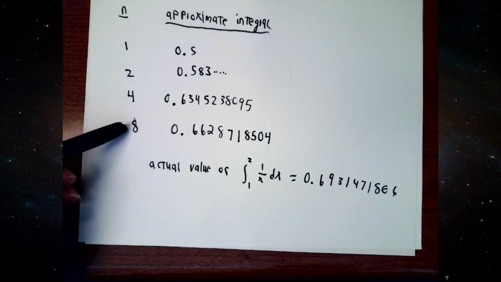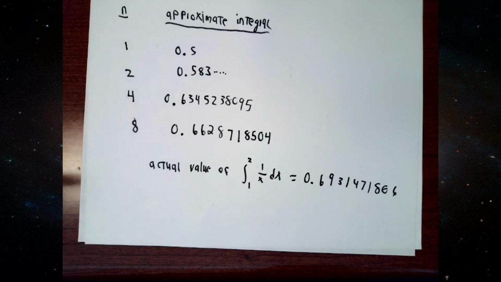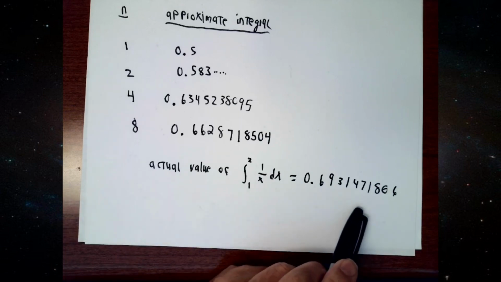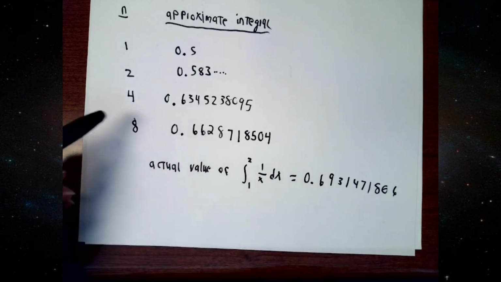When n is 8, the approximation is 0.6628718504. Comparing these numbers against the actual value, natural logarithm of 2, we see that in the n equal 4